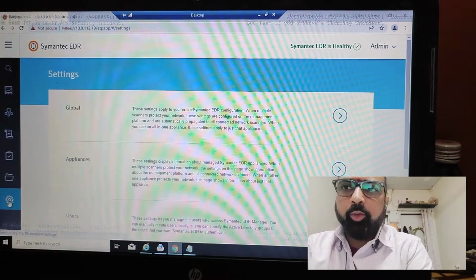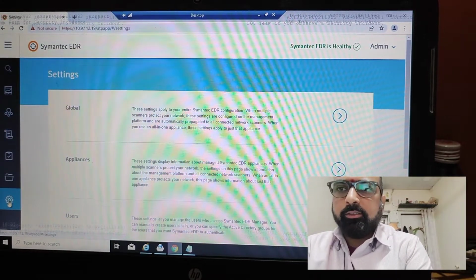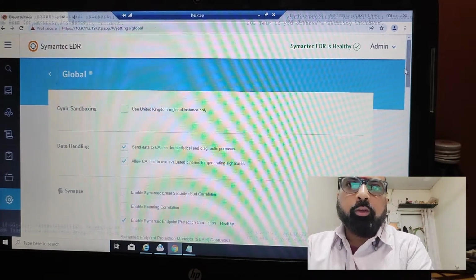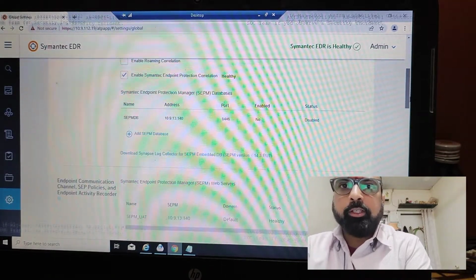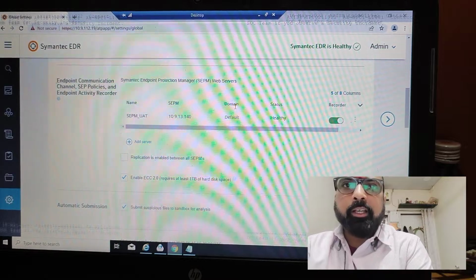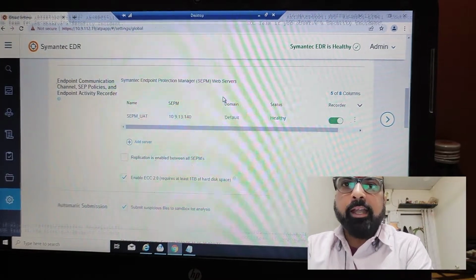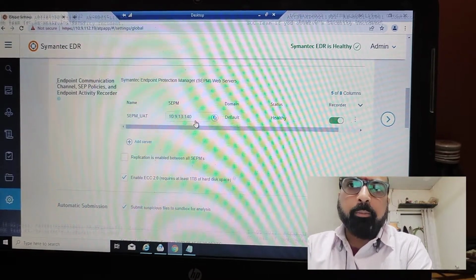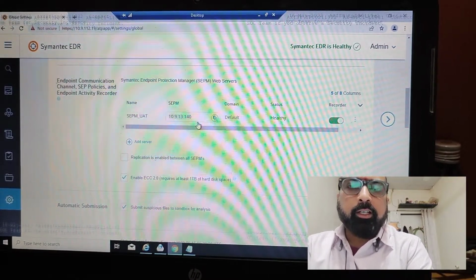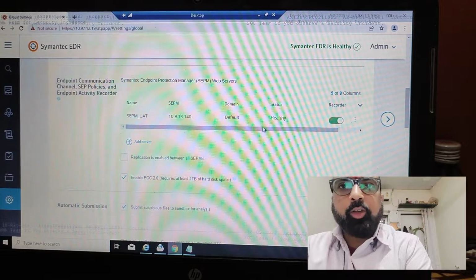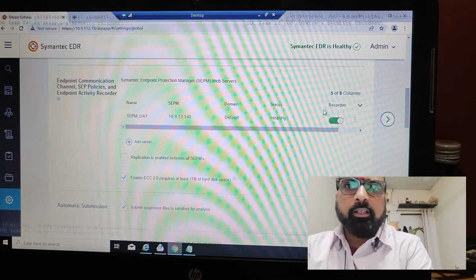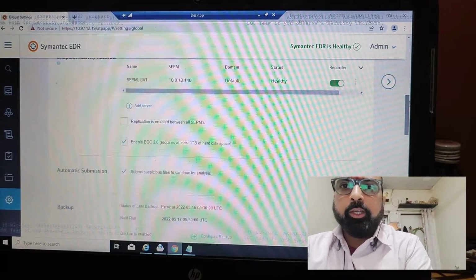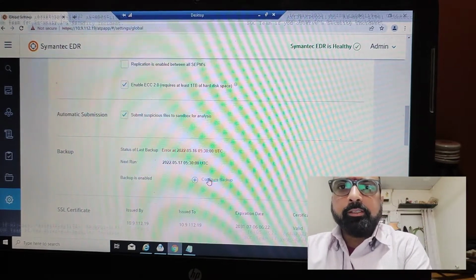Now I am going directly to the configuration part. It's a global security part. You can add one of the SCP managers here. You can just click this add manager here, add the user IP address and credential. You can automatically add this SCP here. Okay.